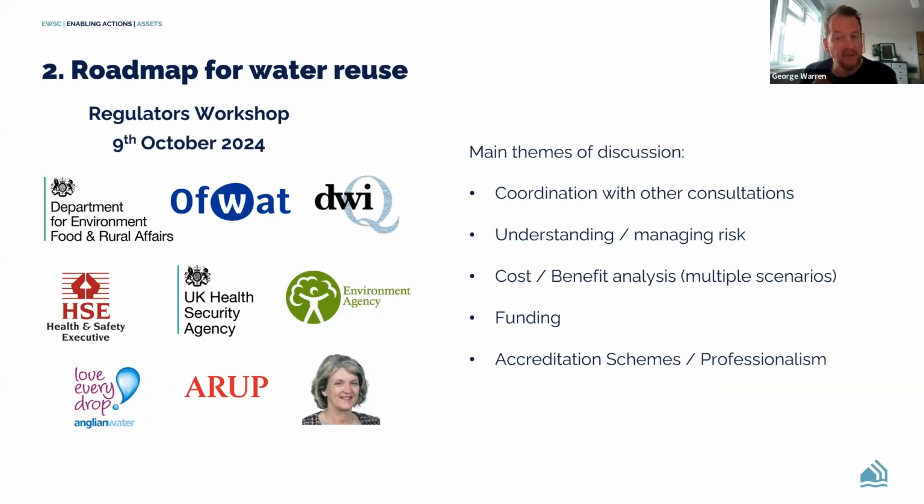Doing work around cost benefit analysis of multiple scenarios, so better understanding the total costs. We will talk in a second about the capital costs, but also understanding what the operational costs are associated with it. And then comparing that not just against current water supply, but against what the future holds. And let's be serious about it: the only way of magicking water to a potable standard will require us to start desalinating the North Sea and the oceans surrounding us. So that's the only thing left in terms of potential water resources, and then we need to be looking at that as a cost comparable to that.